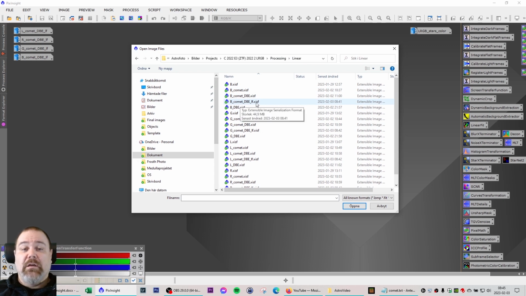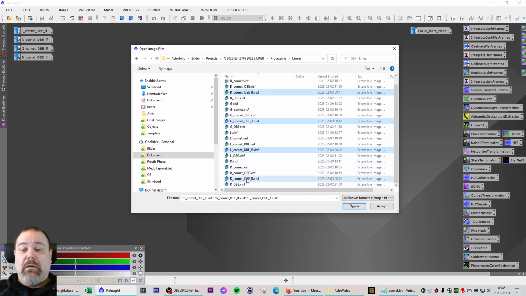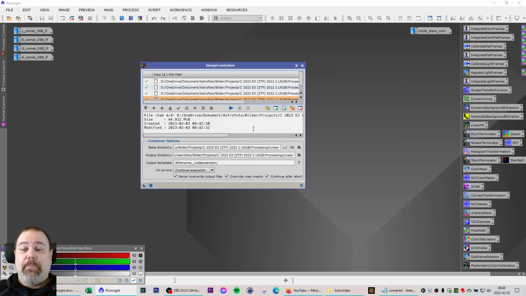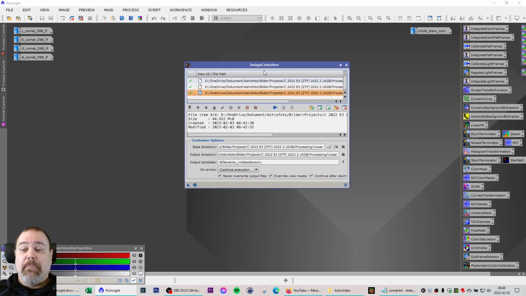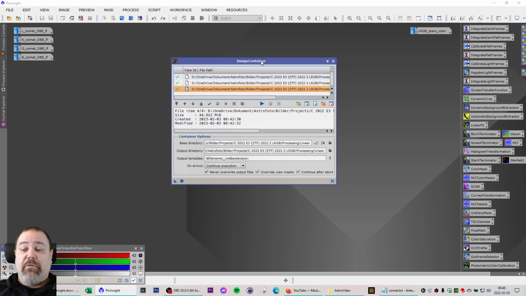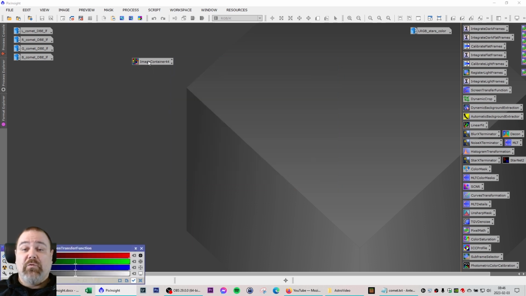B, Comet, DB, linear fit, and the G, and the L, and the R. So these 4 images I want to run noise exterminator on. I want them to be output in the same directory, and I want the images to add NXT extension. So when I'm finished with this configuration, I am actually going to save an instance of this image container on the workspace, close this,